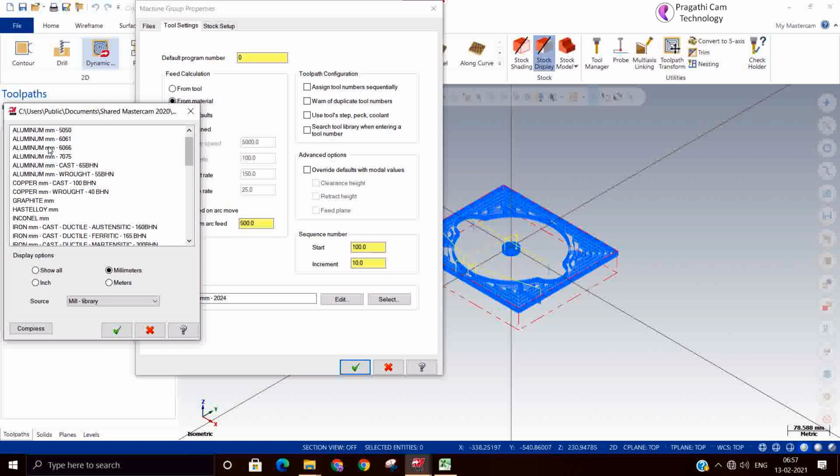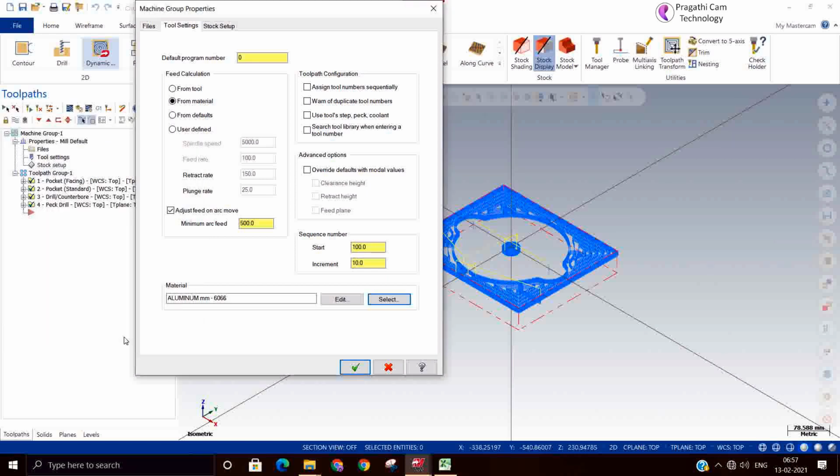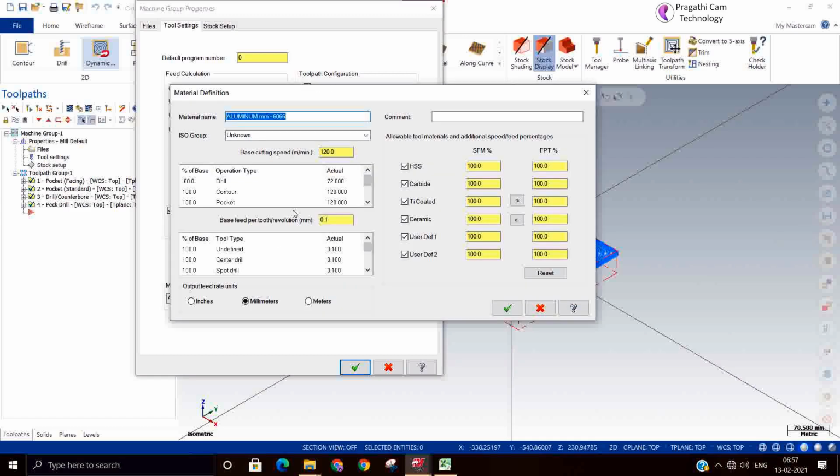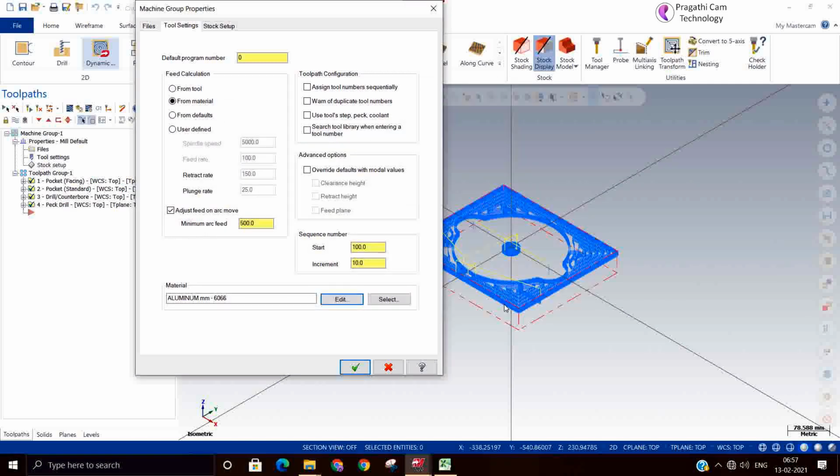Suppose you have got some aluminum with a different combination, then you can edit it. What is the new material cutting speed, you can give it here, and the feed per tooth also you can give here. Accept.